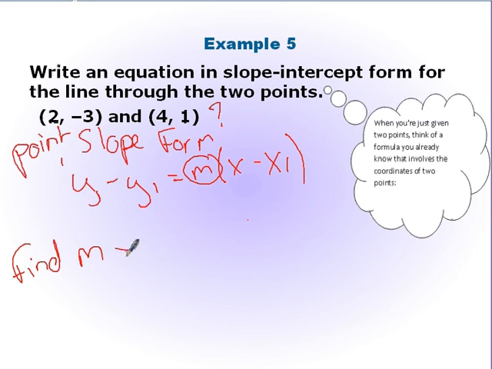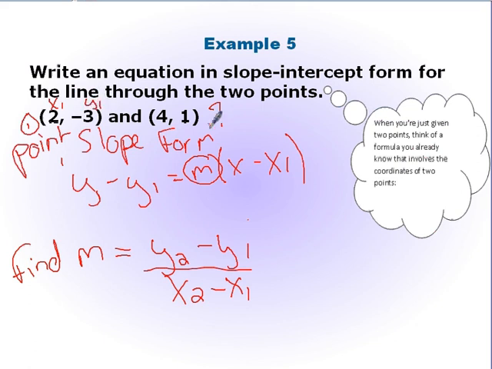Remember the formula for m is y2 minus y1 over x2 minus x1. This can be our point number 1, so this can be x1, that can be y1, this can be point number 2, so that can be x2, and that can be y2. So let's fill it out. y2, 1 minus,